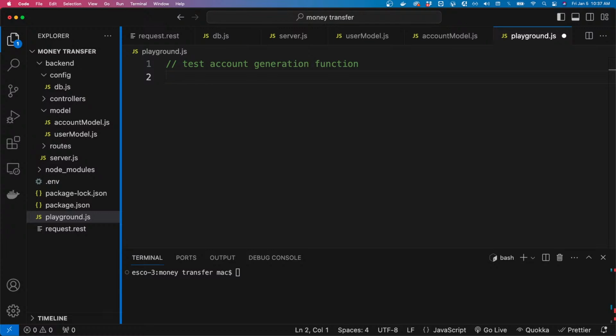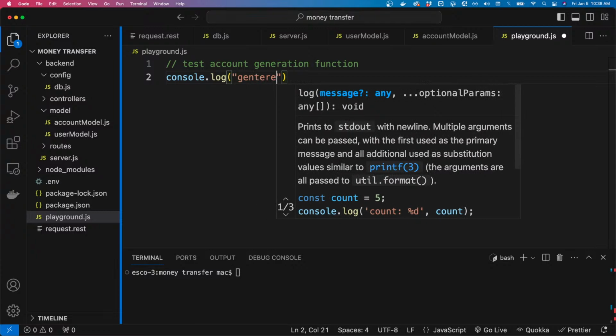Then if we're able to successfully get the function working, then we can copy and paste it into a folder and use it from there. So let's start by saying console.log generate